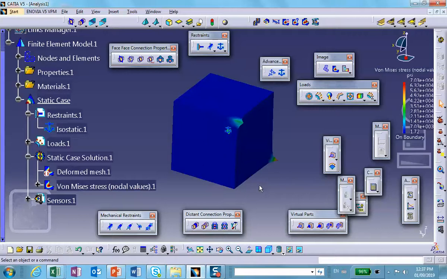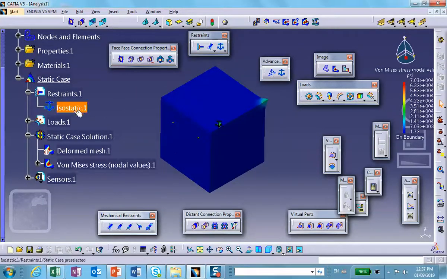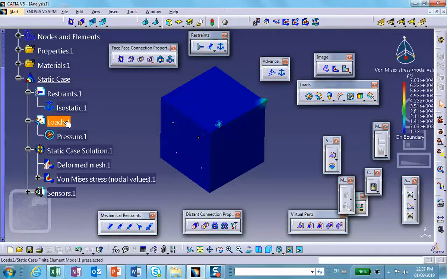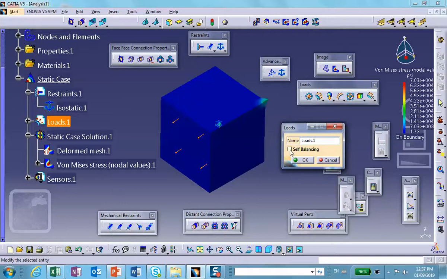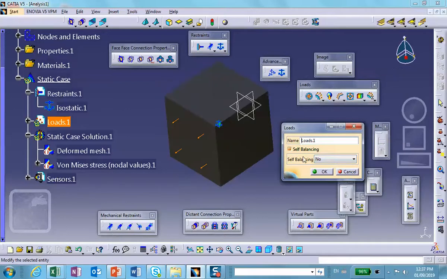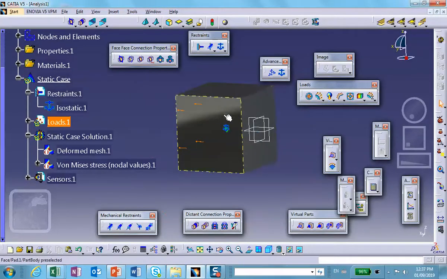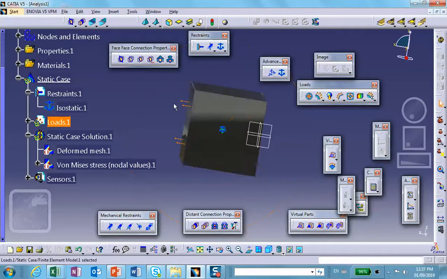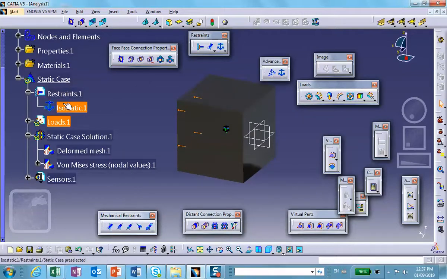But let me show you something here. If you double click on the load here, see that on this load line, never mind the pressure, double click on it, this dialog box opens up, and here is a box which says self-balancing. Check it, and then you say, is it self-balancing or is it not? If you say yes, internally it applies a force equivalent to the magnitude of the force imposed by this pressure in the opposite direction. And of course, now we have isostatic. It should not be an issue. It's going to run,